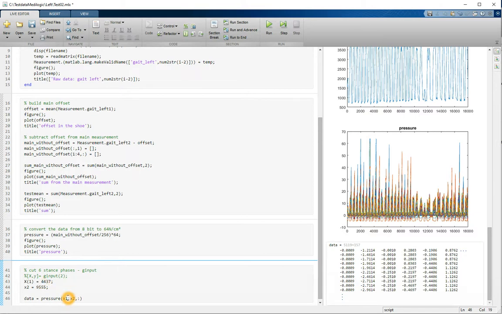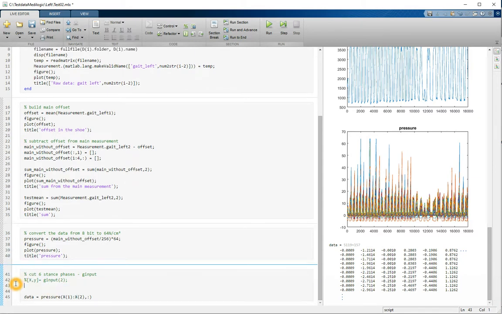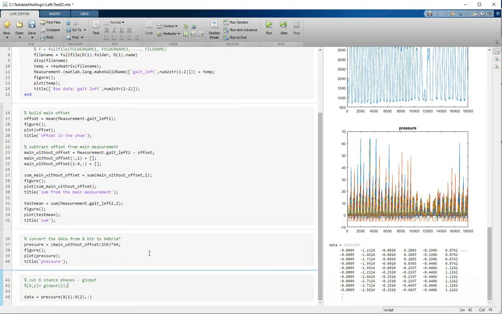We can reduce to a shorter code, x1, in this case x2, and this should work the same way. We save and run the section,